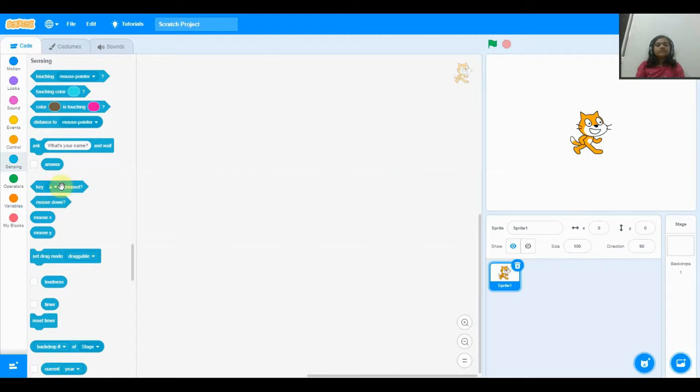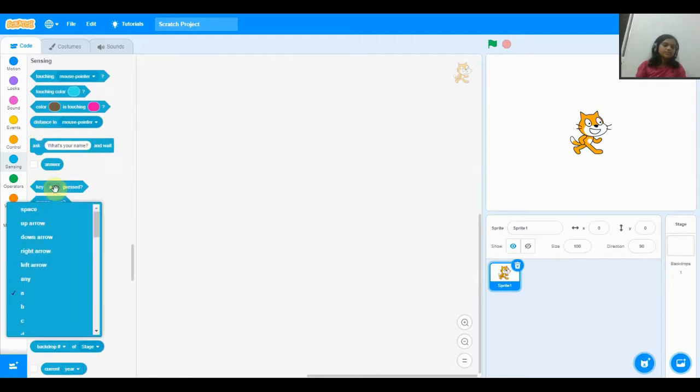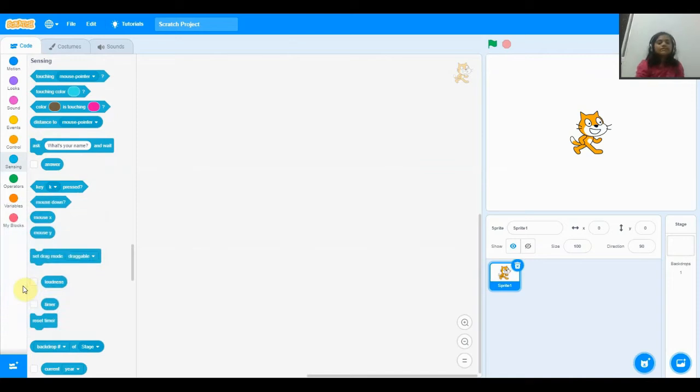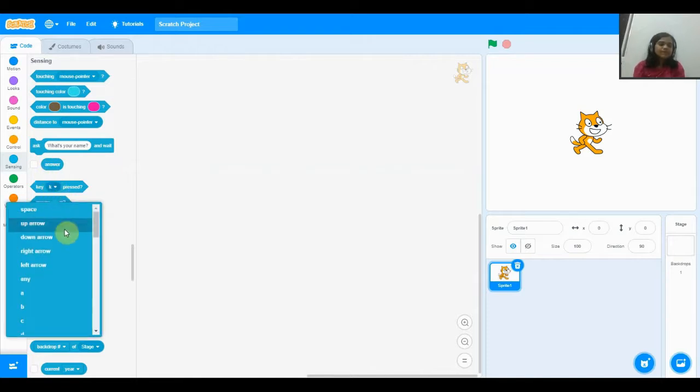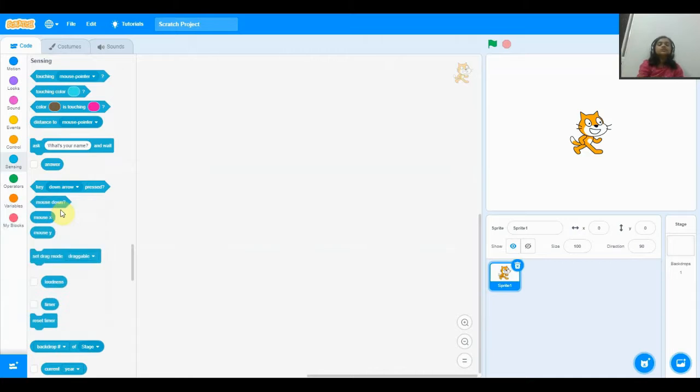And then when a specific key is pressed, I can choose any key, like I guess K. Now when I press K, do something. When I press the down arrow, do something.